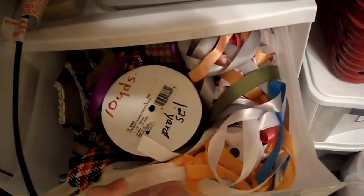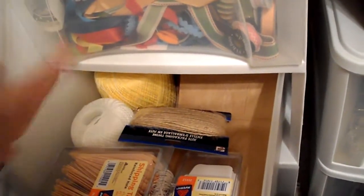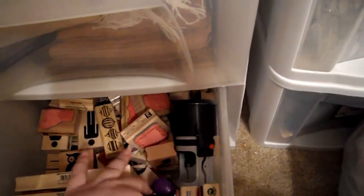And here is ribbons. And here is tags and string and some more paper bags and my twine. That all just gets put in there. And then down here is wooden stamps and unmounted stamps. I have quite a few wooden stamps, so they're kind of just shoved in here. Those actually need to go, because up in the front I have my